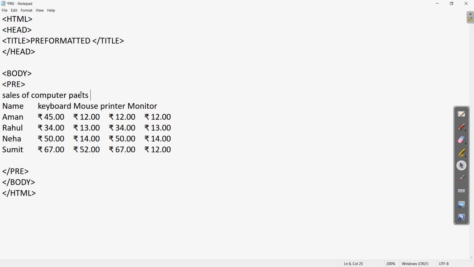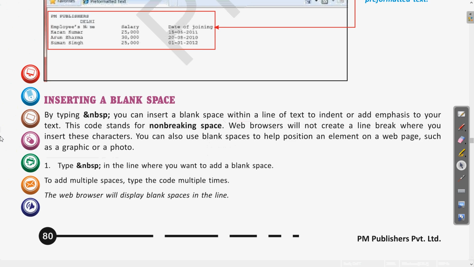Clear? So suppose this is the text which we want to include here. Now before this we can write what we are discussing, which is ampersand NBSP. Clear?